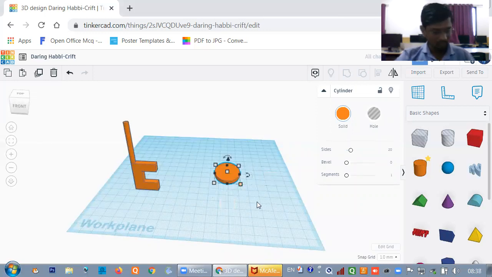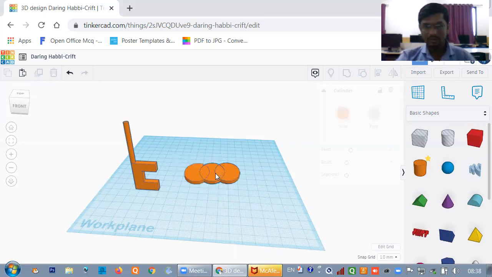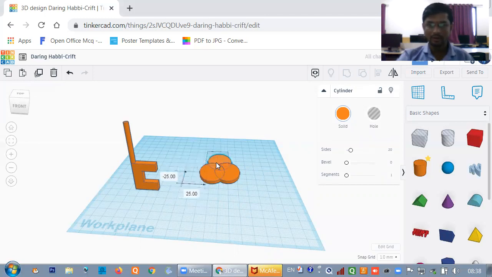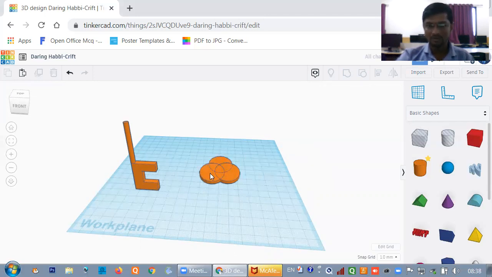Now make it a duplicate. You can use the duplicate option here, or Ctrl D. Put it properly. Again, make one more cylinder duplicate, and make this design. I hope you understood how to do this.